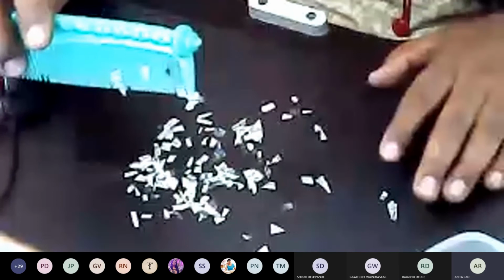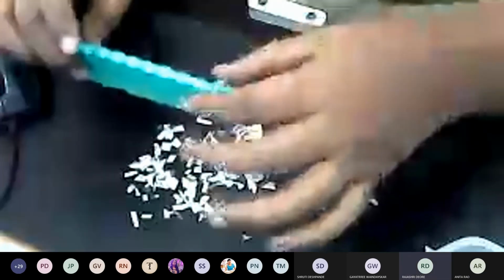What do you observe now? The papers are jumping up towards the comb and sticking to the comb. Yes. So after rubbing the comb on my dry hairs, these small pieces of paper get attracted and jump towards the comb. And you might be thinking that Pratibha ma'am's hairs are oily, and because of oily hairs, the papers are getting attracted towards the comb.